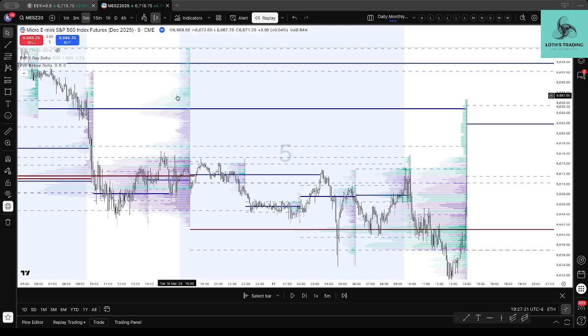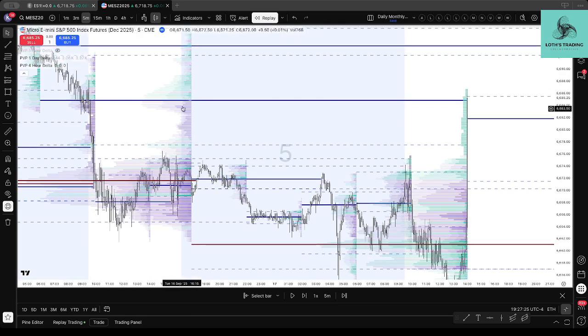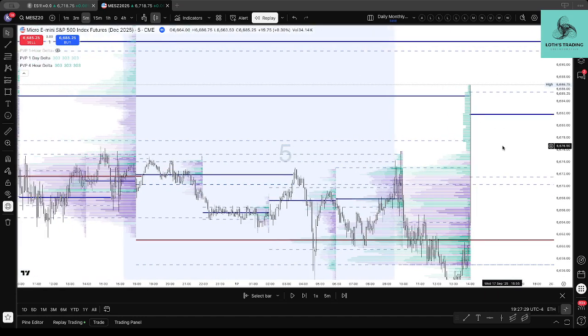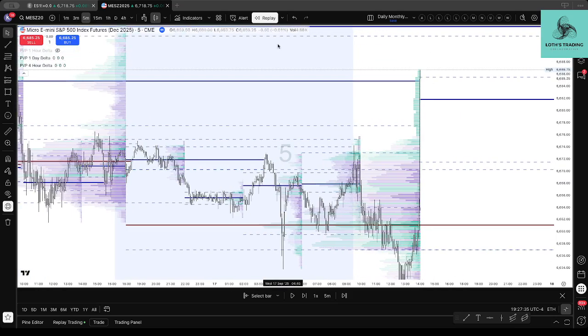Sometimes there's some imbalance we don't see on the green side, and that might get us in trouble if we assume this is a concrete wall. You can of course look at the book and so forth, but the best thing to do is to wait for a local structure to form here. So I'm just going to press play here and let this